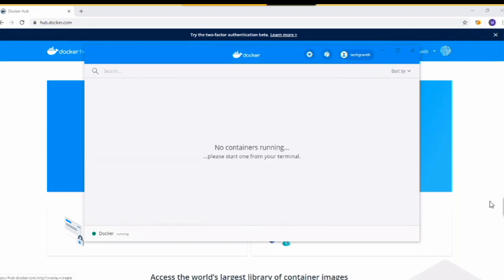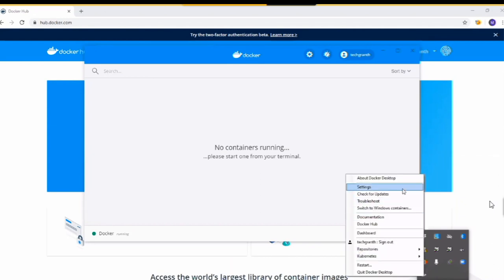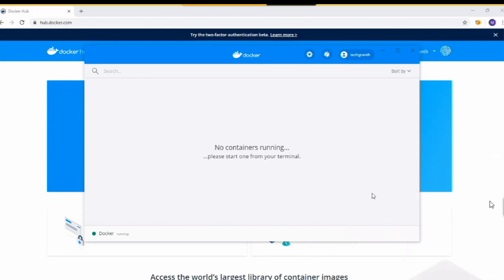Enterprise version. So again, let me go to the task option, right click, and then you can see the dashboard. If we click on dashboard, it will again bring us to this Docker Desktop web UI, right? So we have different options from this right hand side task menu, right? With the desktop icon option we can select to come here, and from the start menu as well.